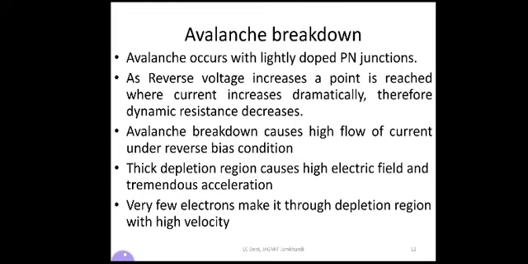So these fast moving electrons collide with the atoms in the device, and therefore they kick off some more electrons from the device. The electrons so released further release many more electrons from the atoms by breaking the covalent bonds. So the number of electrons goes on increasing by breaking the covalent bonds. This process is known as carrier multiplication.